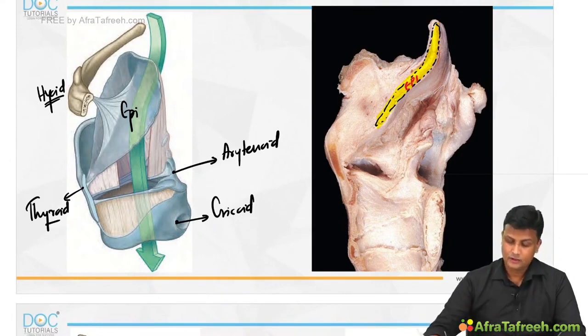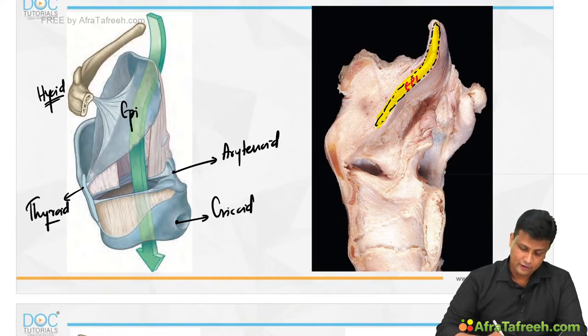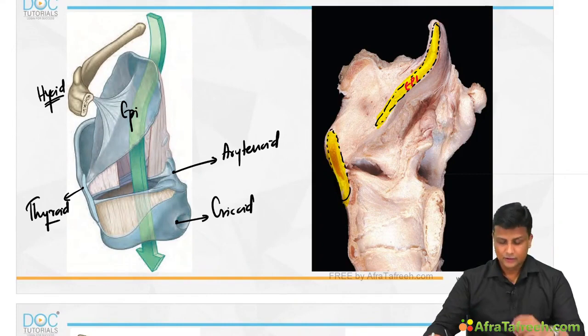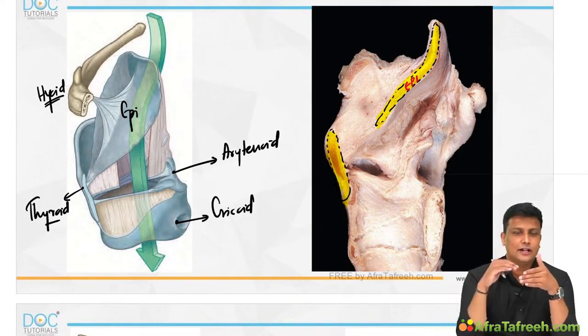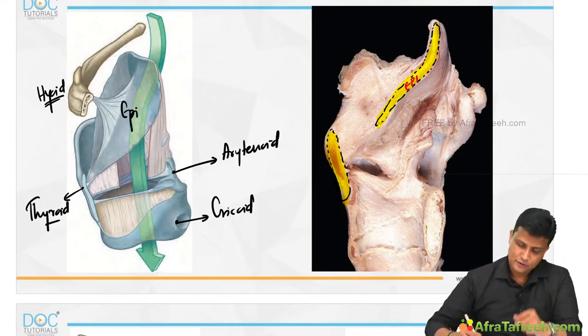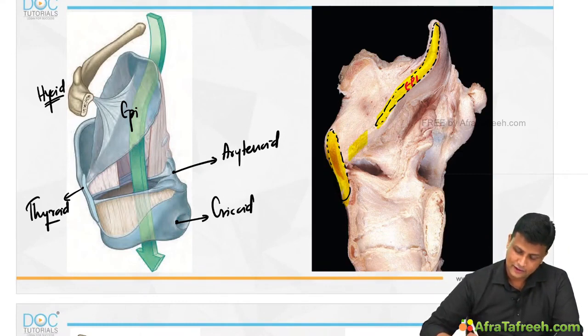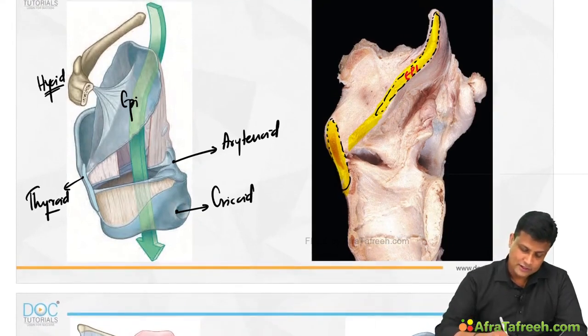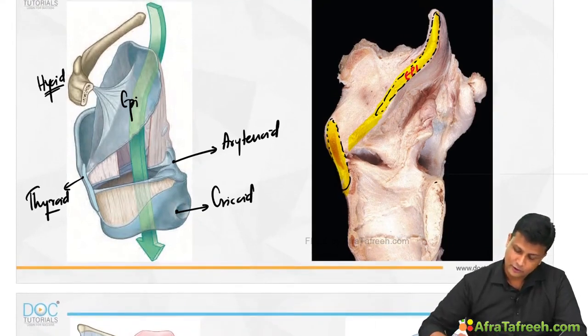Perfect. And then right in the front you can clearly see this one here will be the thyroid. That is the thyroid cartilage, guys. Perfect. The epiglottis is the one which is attached to the inner aspect of the thyroid only. So this leaf-like epiglottis is attached to the inner thyroid cartilage. Then below here, because it is a section here, you are able to appreciate the